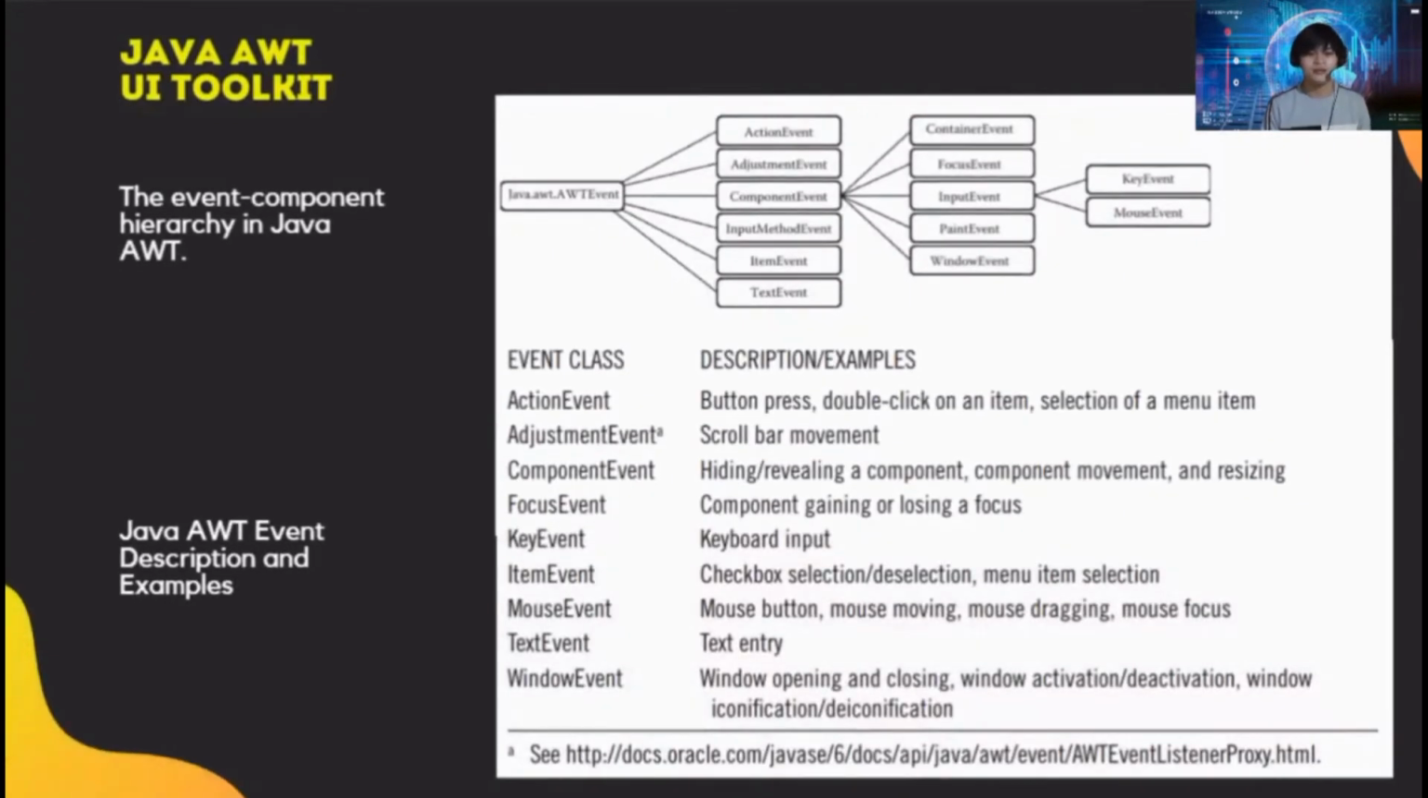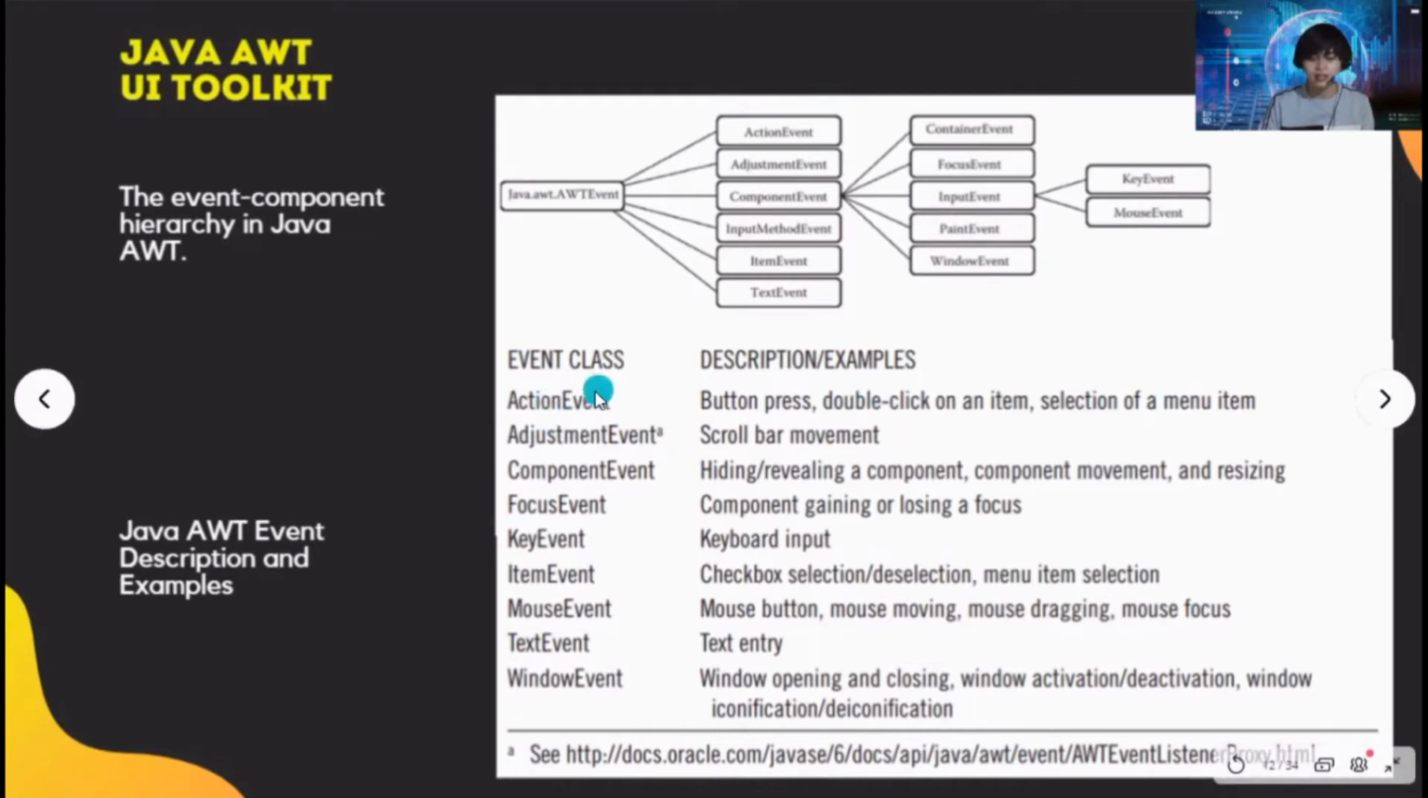Next is we have the event component hierarchy in Java. Okay, so an event has action event, adjustment event, component event, input method event, item event, text event, and the component event has container, focus, input, paint, window, and the input has key, of course, unsa imong gipang input, and then the mouse event, or is it, yeah, how the mouse responds. So in action event,